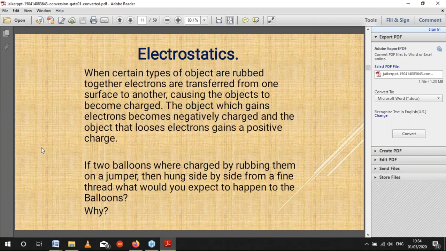So charges, if they are of the same type, repel, but opposite charges attract, like what we were taught in our physics. Now, Coulomb conducted an experiment into the force of attraction and repulsion.